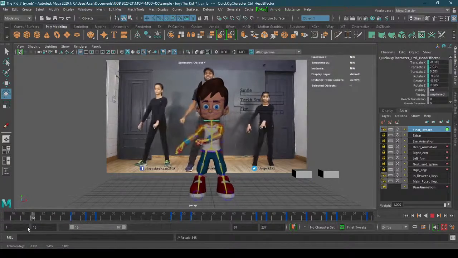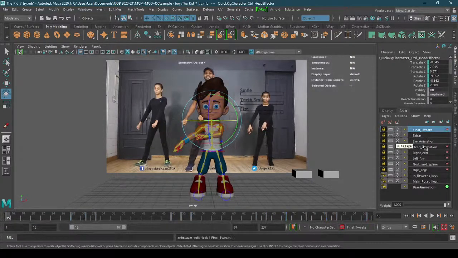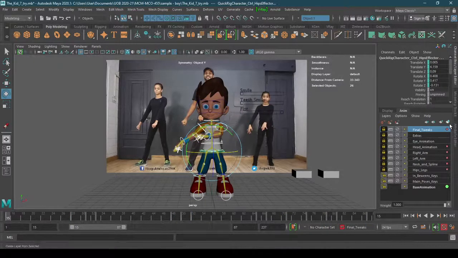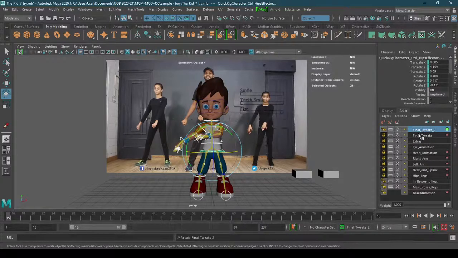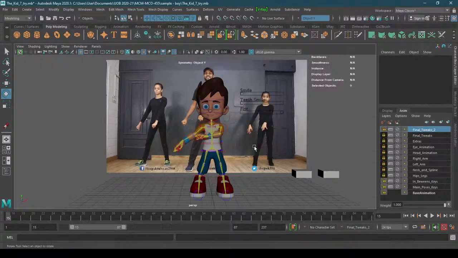Okay, so we are done with this part, and then I will select all of it and make a new layer. And I will call this final tweaks 2. By the way, you can duplicate any one of these layers if you want. Suppose he is swinging his hips in one layer, the hips and legs, the way he's swinging,